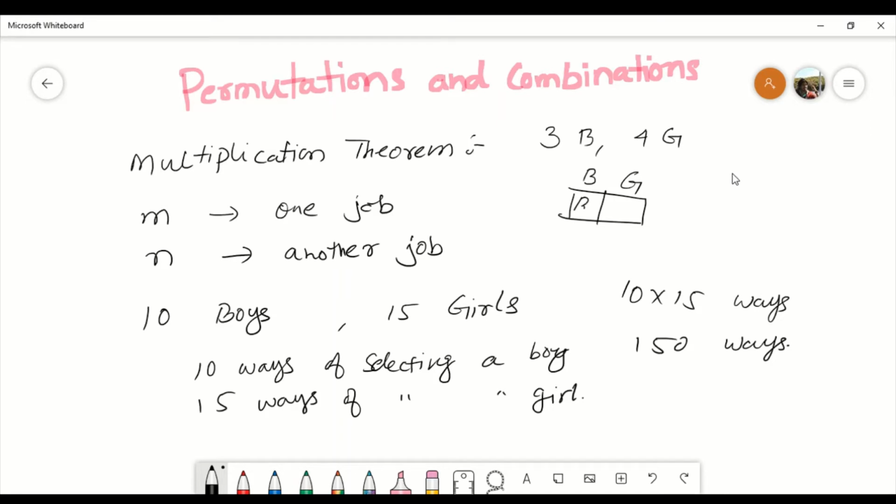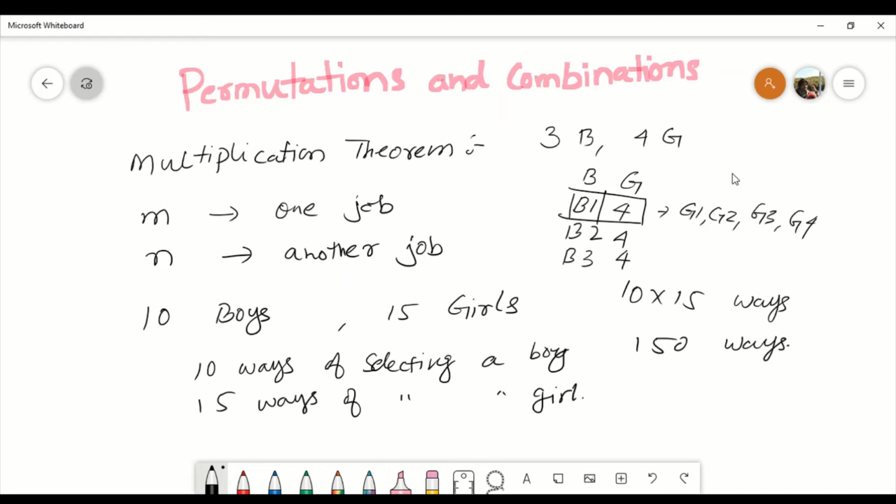So if we fix b1 here, this can be filled in four ways, which is g1 g2 g3 and g4. Similarly, if we have b2, this can be filled in four ways. If we have b3, this can be filled in four ways, right? So in total we'll have 12 ways, right?